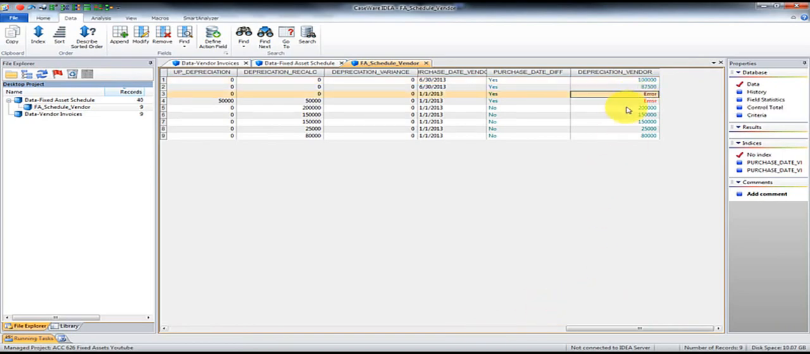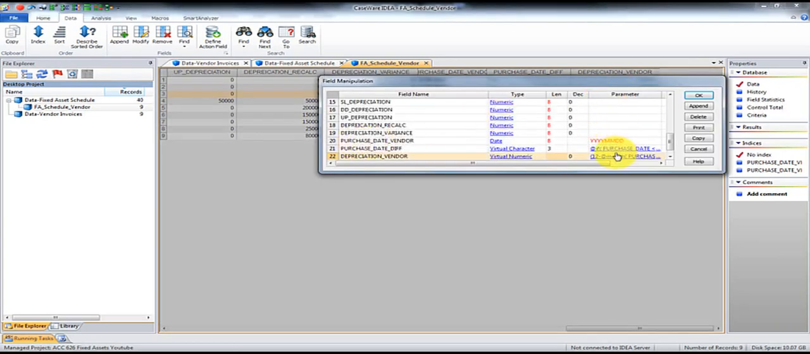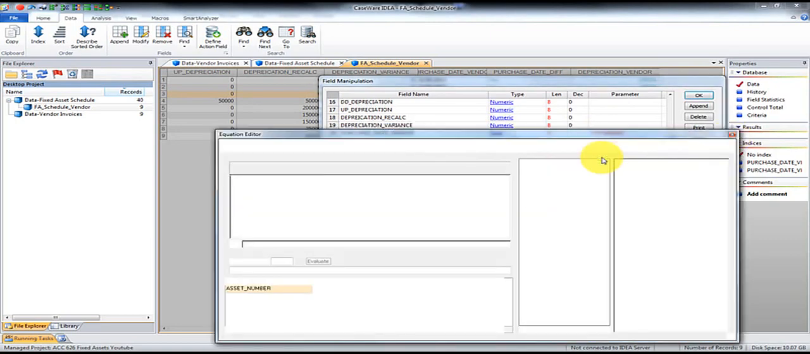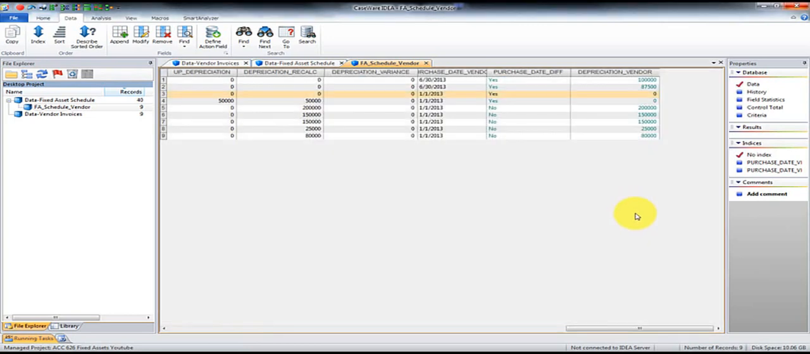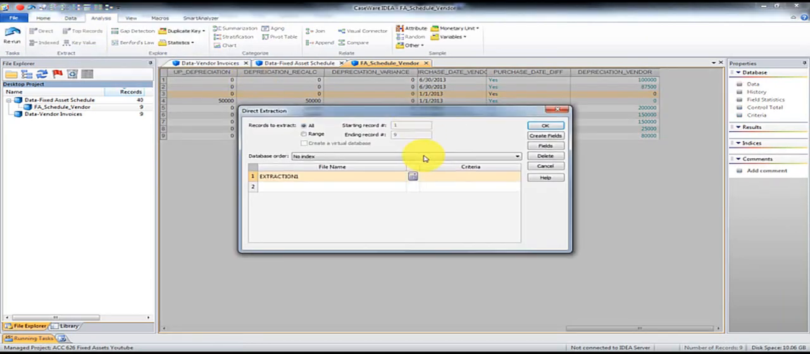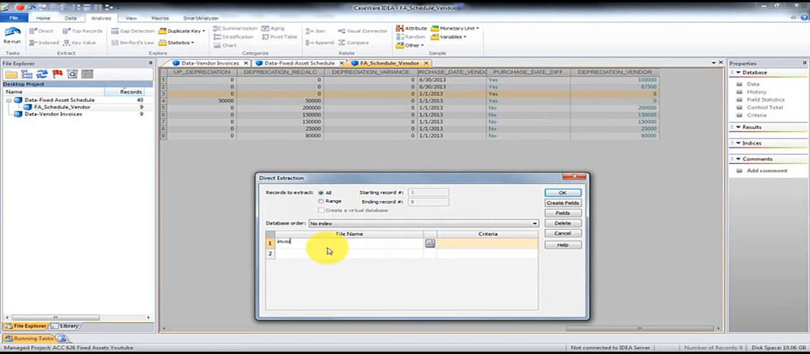to fix a few of these because it doesn't like to really work if there's an error. So we're going to go if economic life is greater than 0, do this, otherwise make it 0. So we'll see here, and now we'll directly extract this. We will do this, and we'll call it invoice purchase date variances, and we'll go